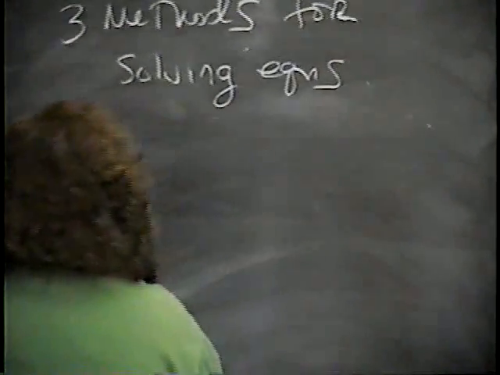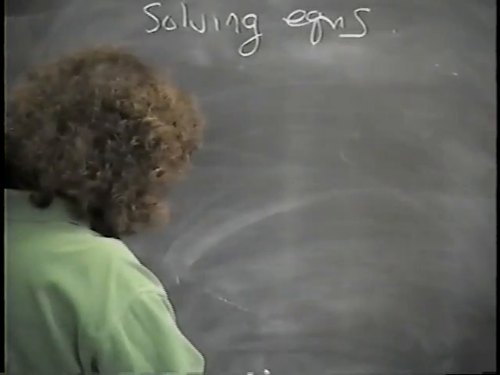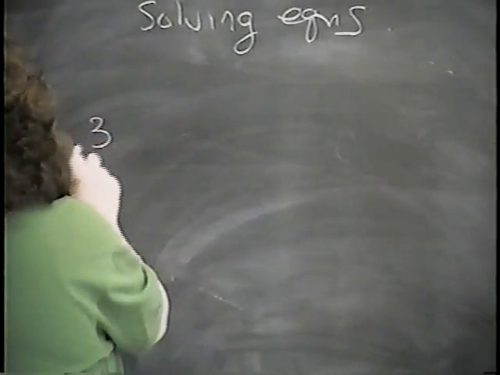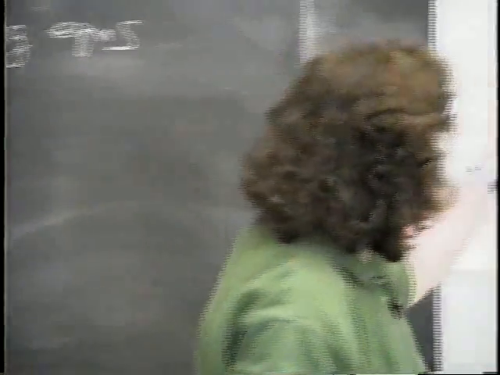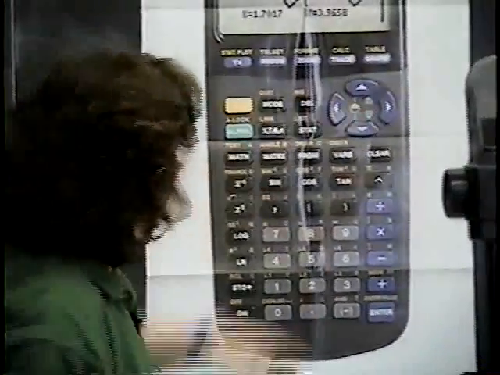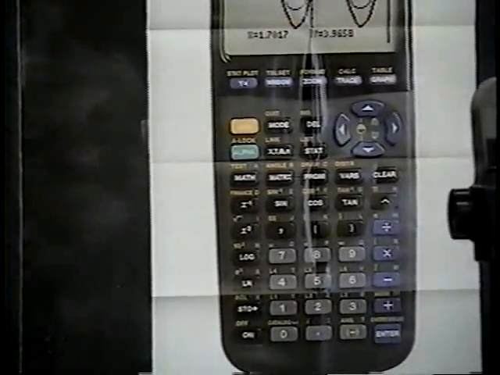Third method is in the calc key. The calc key is over here, second and calculate. And now, it's option 2 if you hit second and calc,